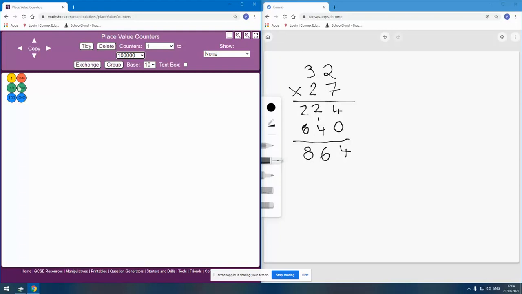But to be honest, if we're trying to multiply things that are going to result in 10,000s and 100,000s, and we're still relying on the place value counters to allow people to make sense of what's going on, then we probably need to take it back to some simpler calculations before, so that they can get used to how that's working and not need the manipulative in order to deal with larger calculations. So that's my short video on how the long column multiplication algorithm works